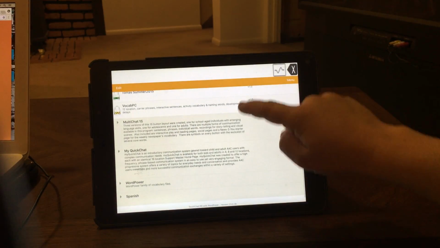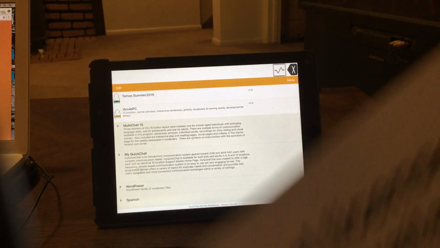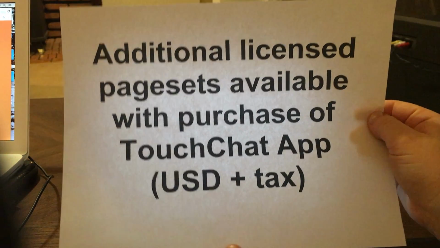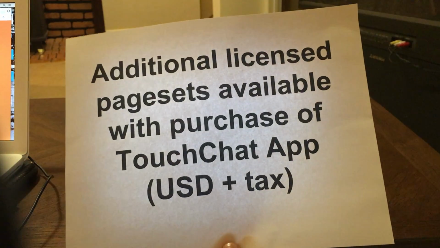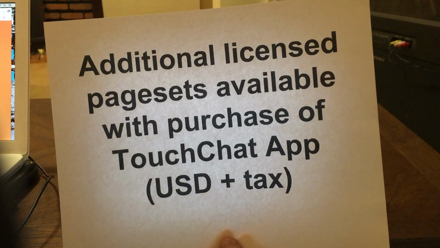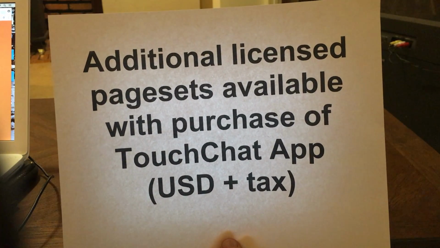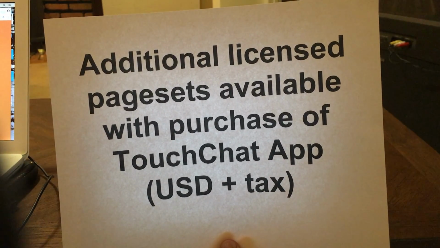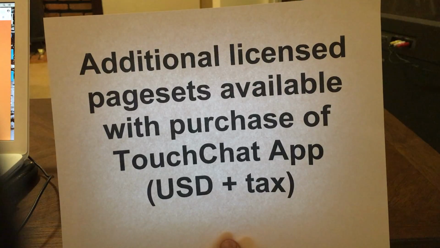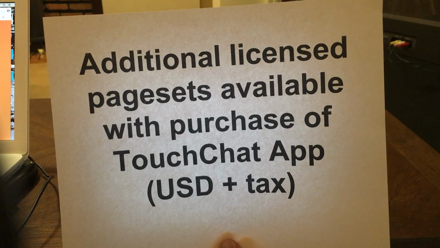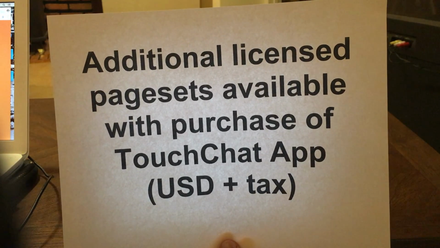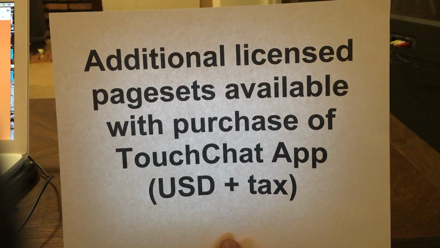Another additional page set is the iEssence, which can be purchased for $100. iEssence is designed for individuals with degenerative medical conditions, such as ALS, who are unable to speak but still able to read and spell. This is also an in-app purchase. Another additional licensed page set is the Talk About AAC vocabulary, which can be purchased for $50. It's designed for individuals who require assistance acquiring emerging language